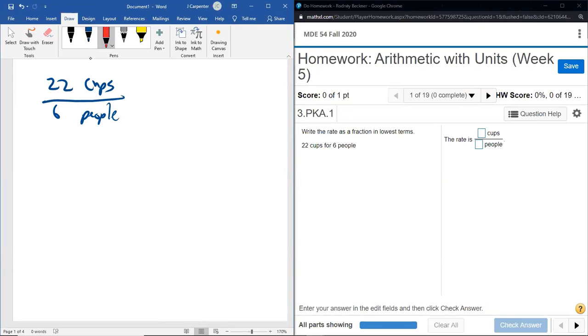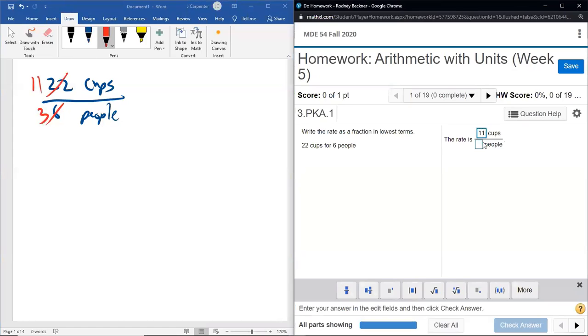And then you say, oh, well, I recognize 2 goes into both of these. 2 goes into 6 3 times. 2 goes into 22 11 times. And then there's no number that goes into both 3 and 11 besides 1, so that's it. We just have 11 cups per 3 people. So the rate of 22 cups of, say, coffee for 6 people who are going to be very caffeinated, unless it's decaf,